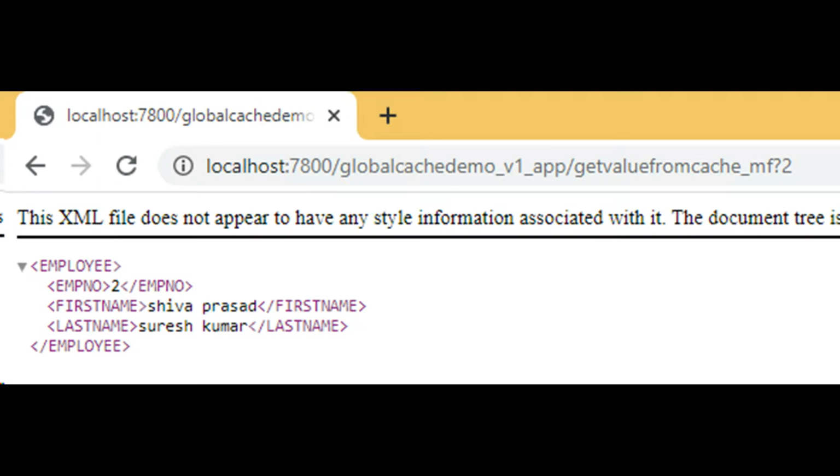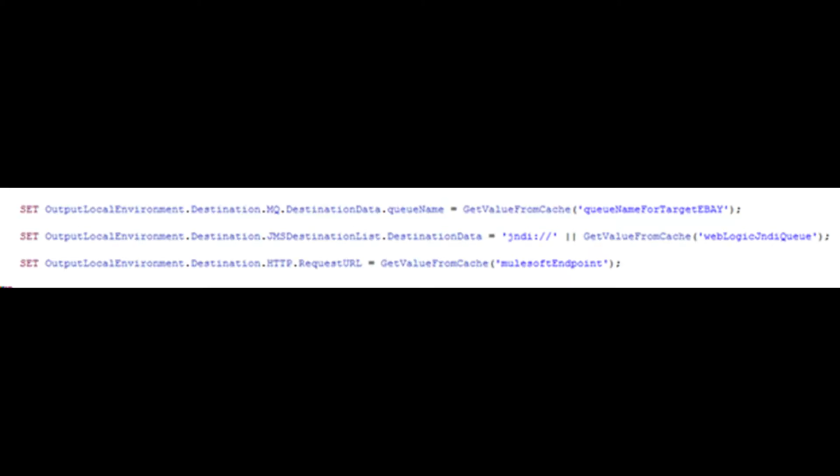For one project, one message flow, you would have to fetch multiple values from cache. Let's say you have to fetch a target URL and filter rules from cache. You can do that using one cache call from ESQL to Java, which would return an XML as shown in the demo. Or you can do it with multiple calls from ESQL to Java. One call for the target URL, which would return a string, one call for the filter rule, which would return a string, and so on.